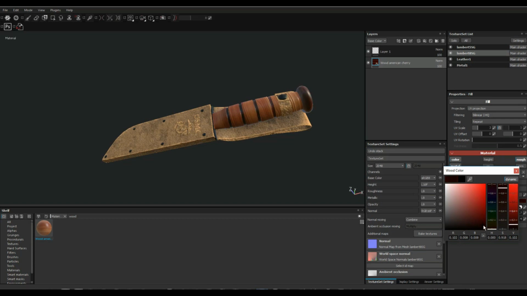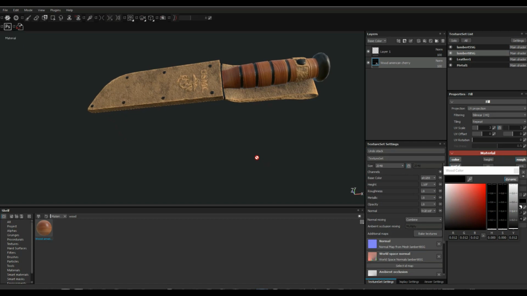Yeah, it's supposed to be pretty close. Yeah, we'll just go with black. Okay, that's fine. All right, so now that we have that, there's one more thing, or a couple of things